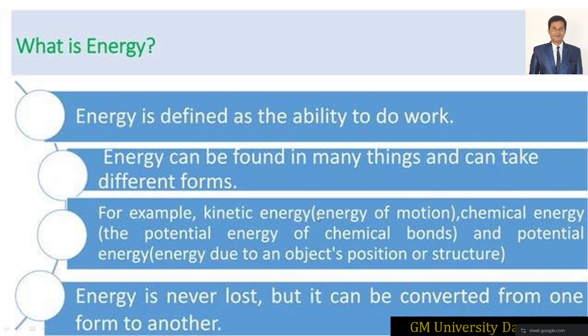Means when there is a battery, it consists of the energy density. The more energy density, the more work will be done. Correct? If the battery has more energy, it will deliver more power. If the energy is less, what happens? It delivers less energy. So that is what it is, ability to do work. That can be defined as the energy in the battery. So battery, if you have the energy of around